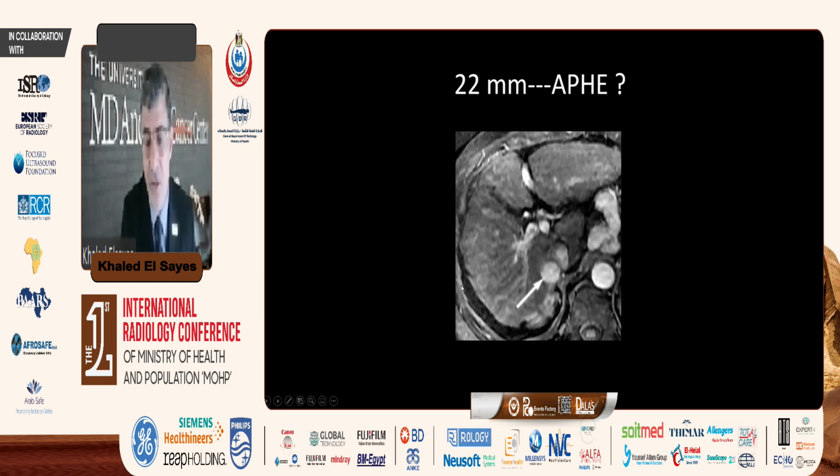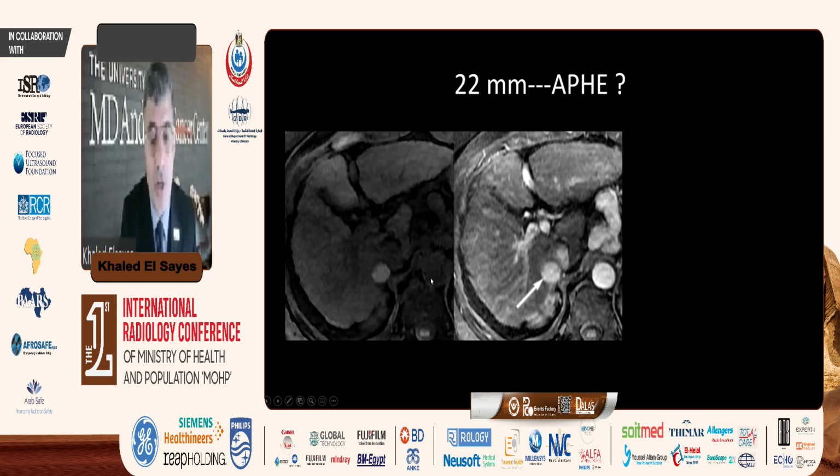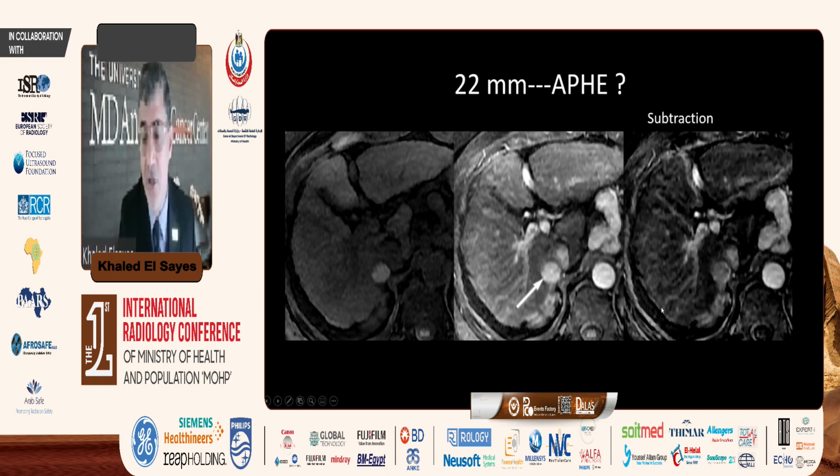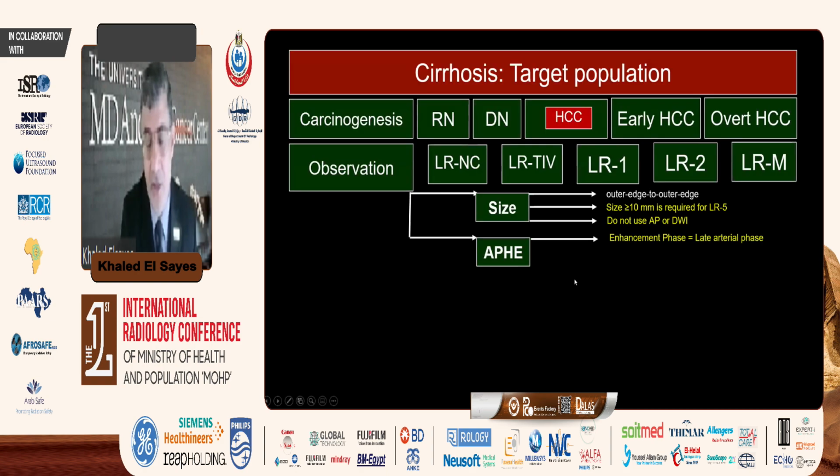But what about here? Again, we see something that looks hyperintense, right? And you reviewed the pre-contrast. It was already hyperintense. What do you do next? You do subtraction, and subtraction here is showing you that this is really hyperenhancing. So you're comfortable calling this a hyperenhancing observation. If you add up the major features, it's going to be likely HCC, or LI-RADS 5, right?